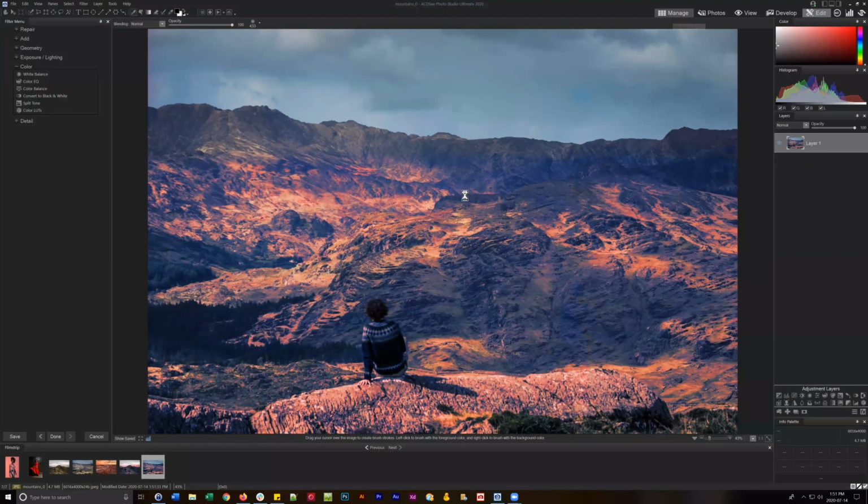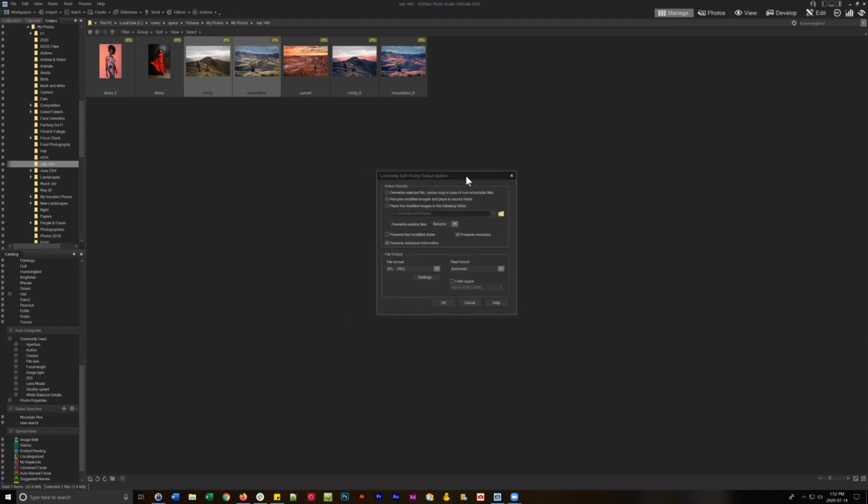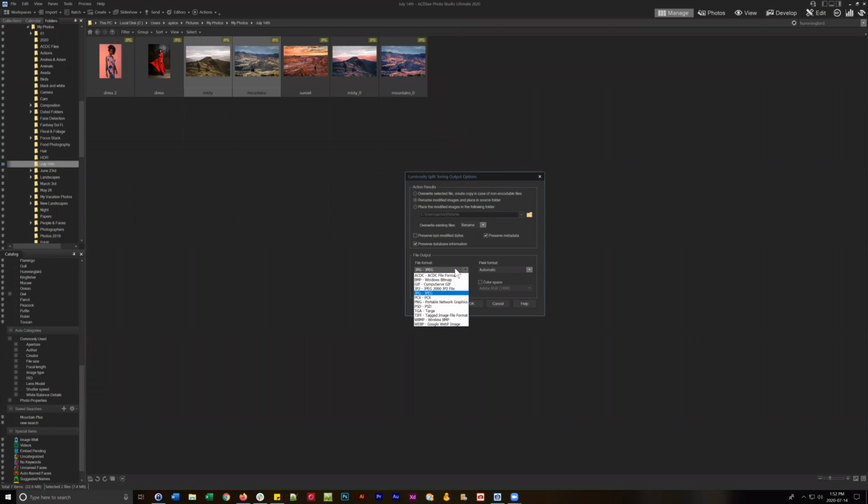One other thing to note is I believe we flattened our image in this process. So if we select these 2 images again and go to uncategorized, luminosity split toning, and options, oh yeah, it's JPEG. We just want an ACDC file format. Awesome, this is so cool. If we wanted to be able to edit those values, when we go to create or play this adjustment,